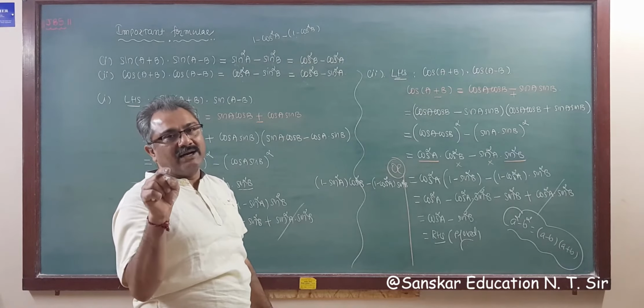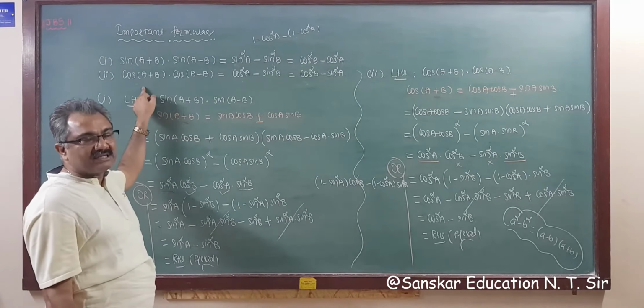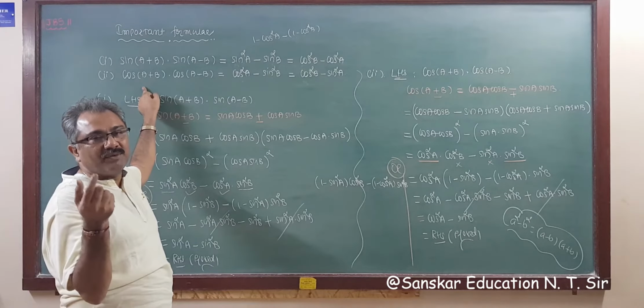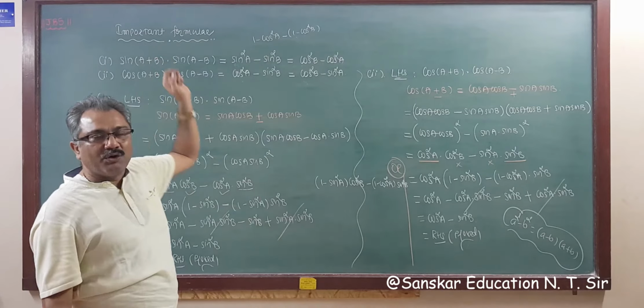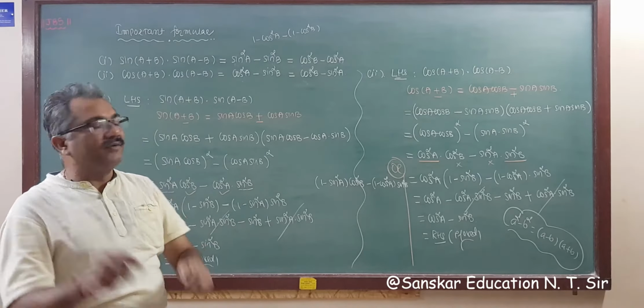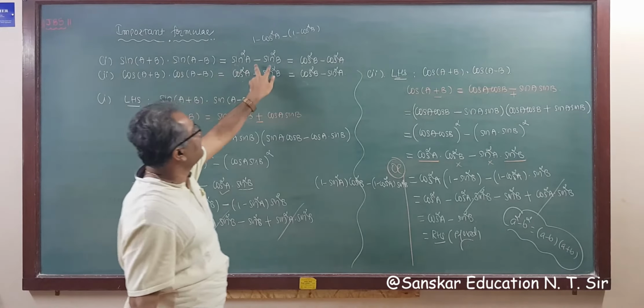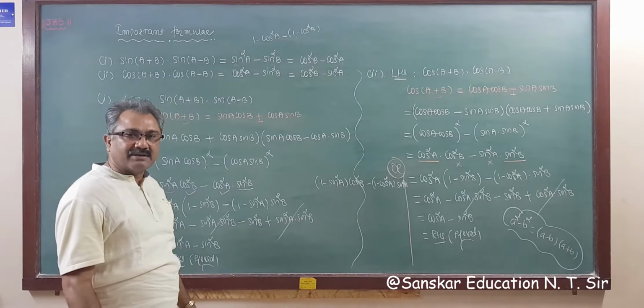And this shortcut method is useful because you have a problem remembering this memorized formula. cos(a plus b) cos(a minus b) is cos square a minus sin square b, then convert to sine using this rule. Okay, so we'll get the answer easily.